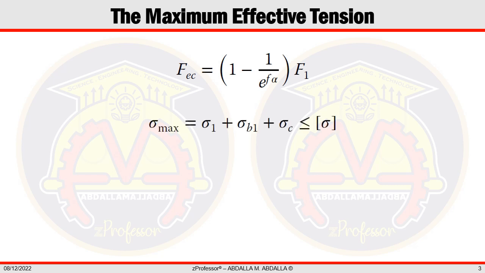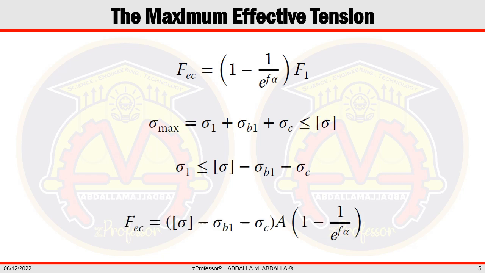The maximum stress, sigma maximum, shouldn't be more than the allowable stress of the belt, the square bracket sigma, in order to prevent fatigue failure and to guarantee that a belt has adequate fatigue strength and service life. Sigma maximum equals sigma 1 plus sigma B1 plus sigma C, which must be less than or equal to the square bracket sigma. Therefore, sigma 1 must be less than or equal to the allowable stress, the square bracket sigma, minus sigma B1